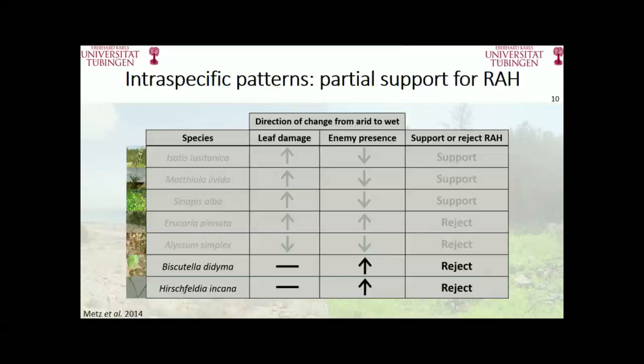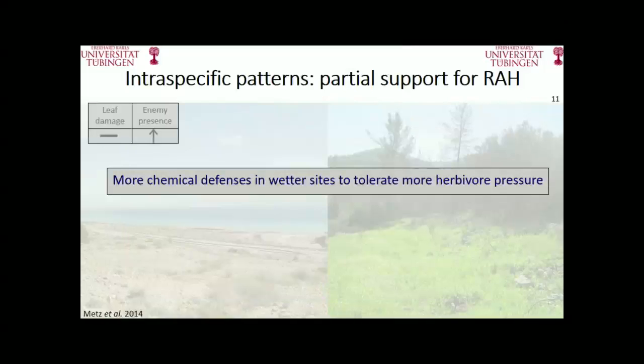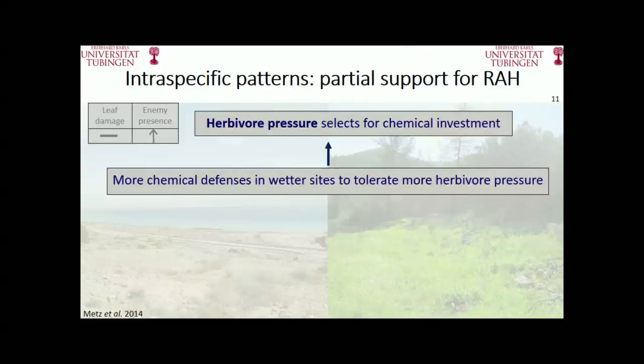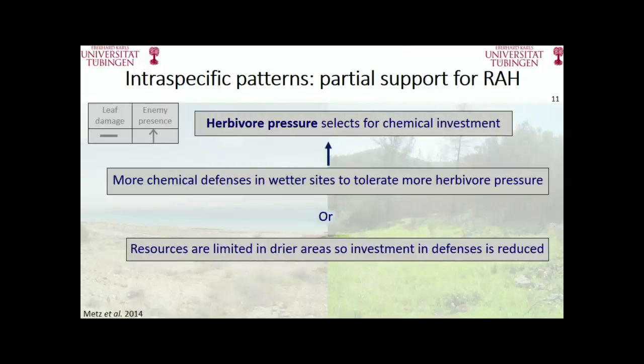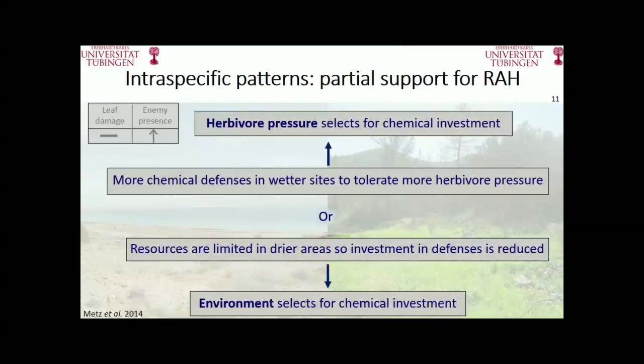And then lastly, in 2 other species, again, we see a different relationship. In Biscutella didyma and Hirschfeldia incana, we see a constant leaf damage across the gradient with an increase in enemy presence. Again, a different mechanism must be at play. We reject the resource allocation hypothesis. And so in these last 2 species, we ask what's happening. Is it that there are more chemical defenses in wetter sites to tolerate more herbivore pressure? If so, we suggest that herbivore pressure selects for chemical investment. Or it could be the other way round. The resources are limited in drier areas, and so defenses are also reduced,